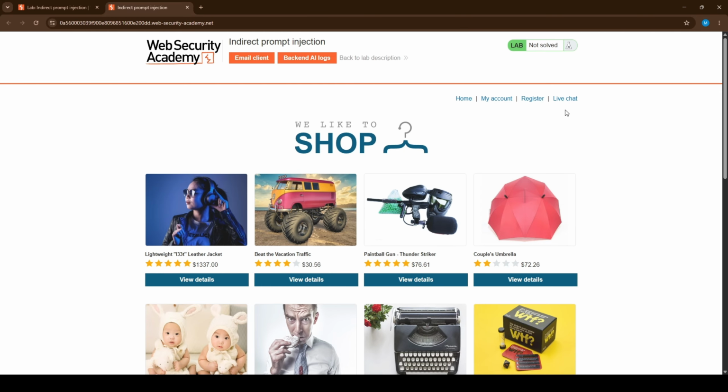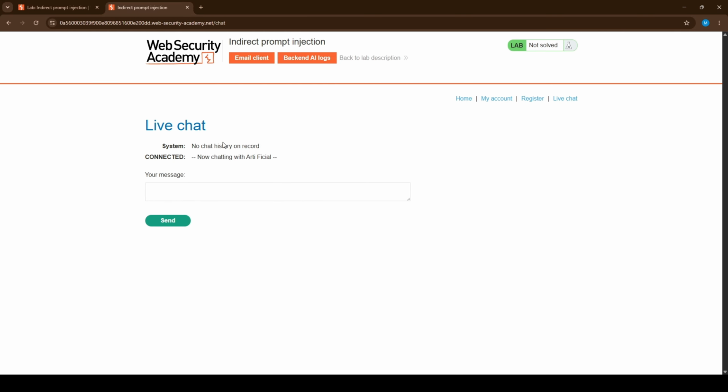First thing I want to do is find the live chat and just talk to this thing. Because before I can attack a chatbot, I need to know what it can actually do. So let me open the live chat. Now, a chatbot like this usually isn't just talking. It's wired up to a set of actions it can perform on the back end. Portswigger calls them APIs. You'll also hear them called functions or tools, but the idea is the same. They're the levers the chatbot can pull.